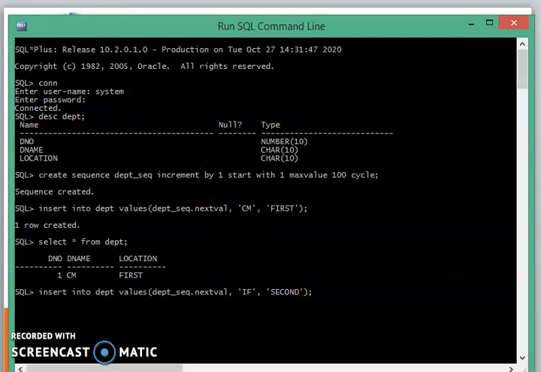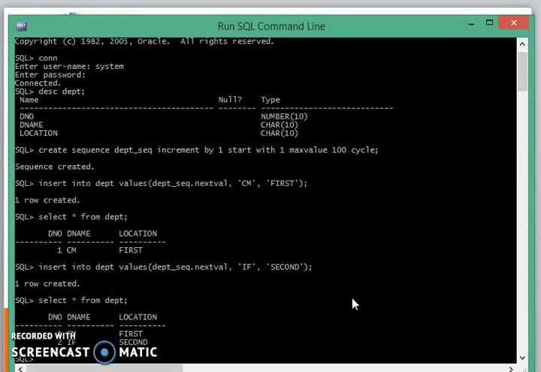After 1, the sequence number will be 2. Again it shows the message 1 row created. If we use select star from, it will show us the second row with the department number 2. This is the creation of sequence.